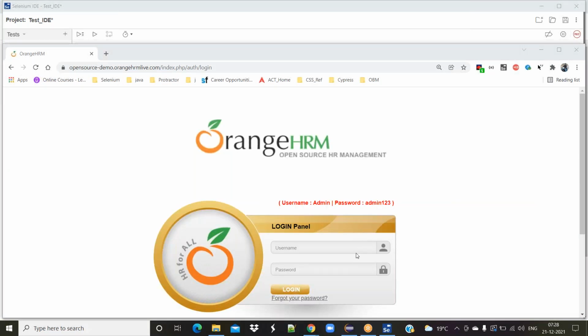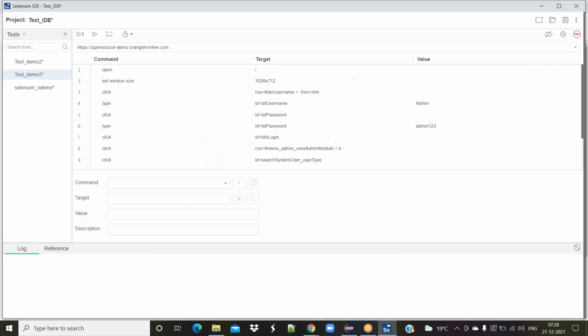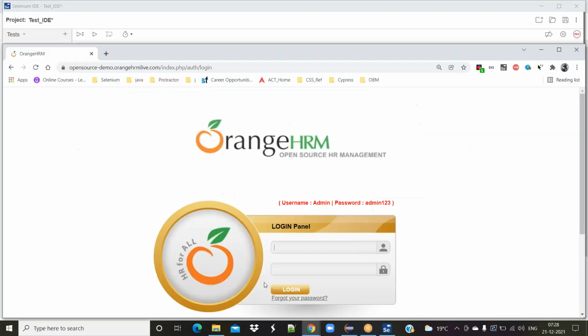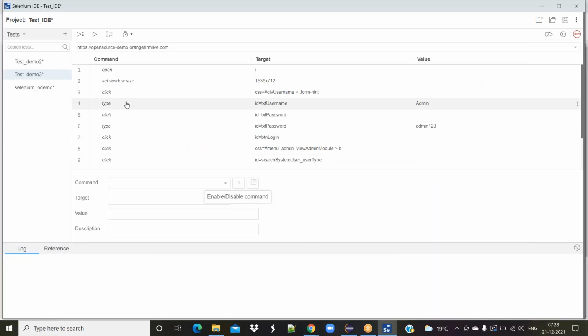The very first time, I just want to make sure I'm typing in the username field. That's why in my very first step I click here, and even that action is recorded. Click is the action I did, recorded by Selenium IDE. I clicked on this field, so the click action is recorded. Command is nothing but the action I did.